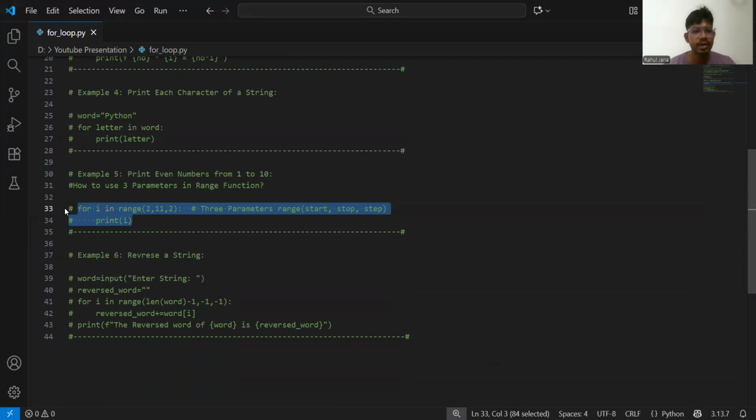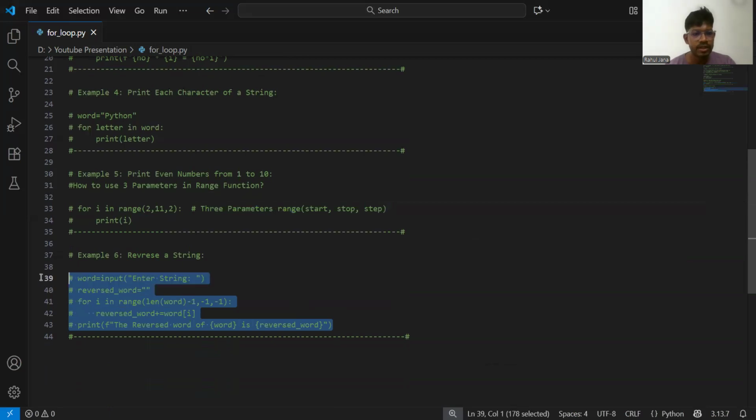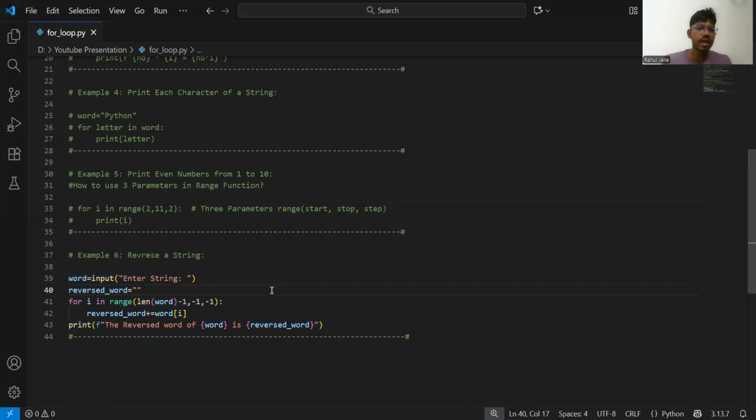Before going to the last part, I am commenting the previous part and uncommenting the last part. It is the program of reverse string. At first, I am taking one reference named var, and after that I am using the input function for taking input from the user. After that, I am using another variable, that is reverse_var, and I am taking the reference as blank. After that, I am using the looping statement for, then the iterator variable i, then in